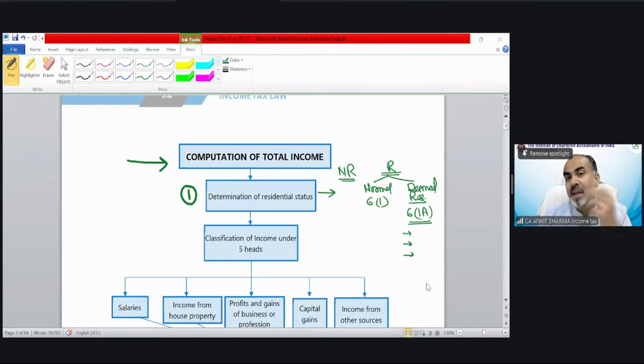For becoming a deemed resident, this benefit is only available to a citizen of India. If you are an individual and citizen of India, this is the first condition. What is the second one? Yes, Dhanlakshmi is correct, you must have earned income exceeding 15 lakh rupees other than foreign sources, or we can say you must have income from Indian sources exceeding 15 lakh rupees. And the third condition,